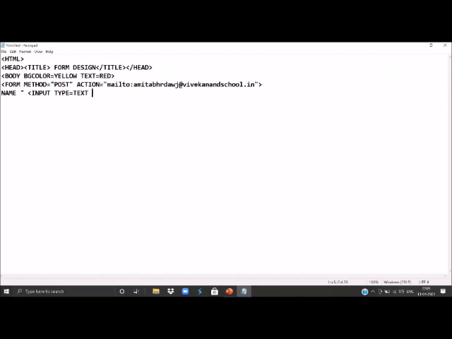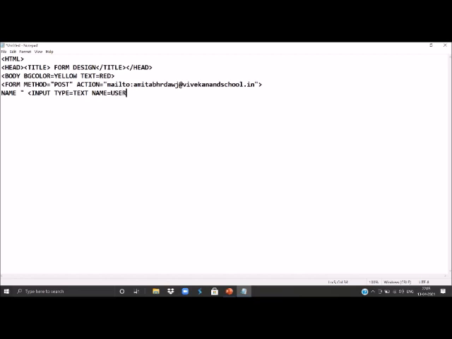and then we can use the name attribute to give a name to this particular field, to tell the browser that it will be used as a field name by the browser. So we can give it any field name.